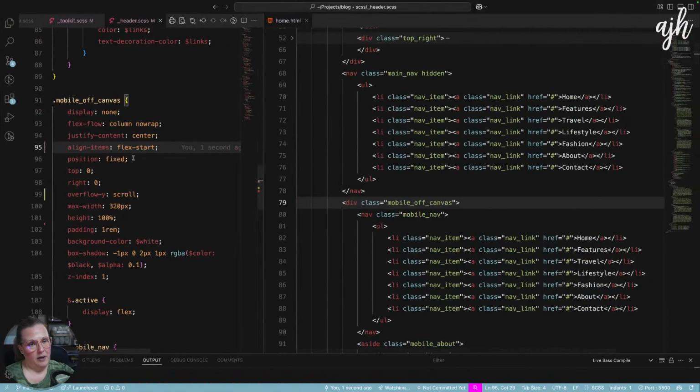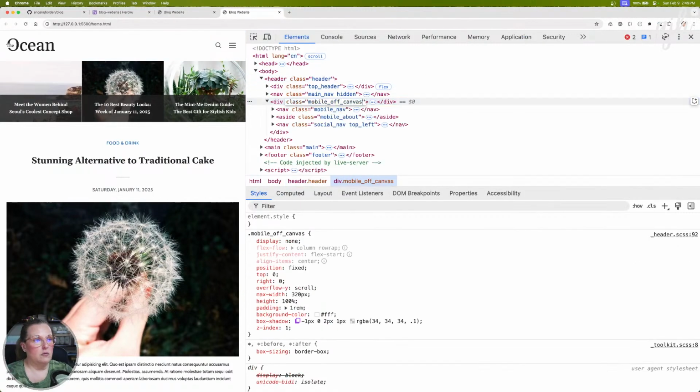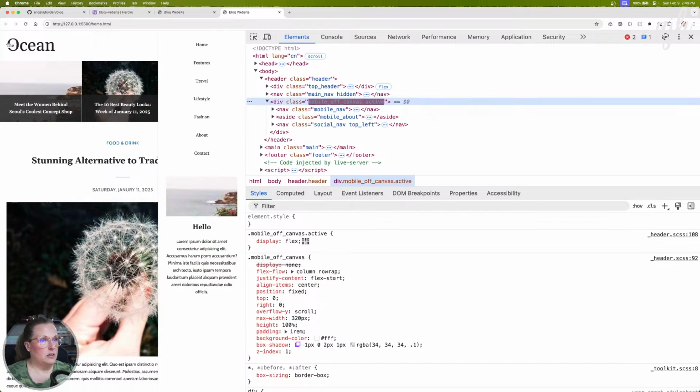No, wait, did I get that backwards? I think I got it backwards. I did get that. Erase what I just said. I got that backwards. Flex start. Justify content, still, no, I did get it right. Because if it's a row, justify content handles the alignment on the x-axis, but if it's a column, it handles the alignment on the y-axis. I got it right, but I explained it wrong. It's the opposite. There we go. And so now,